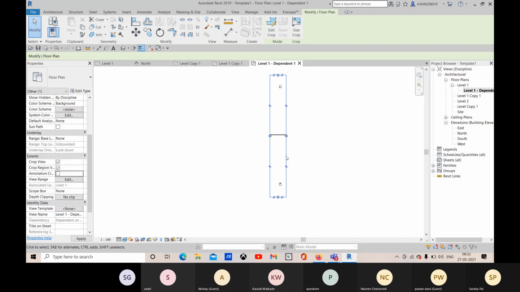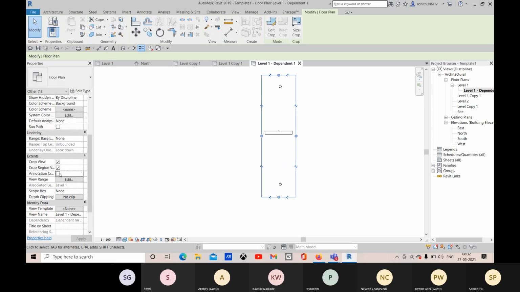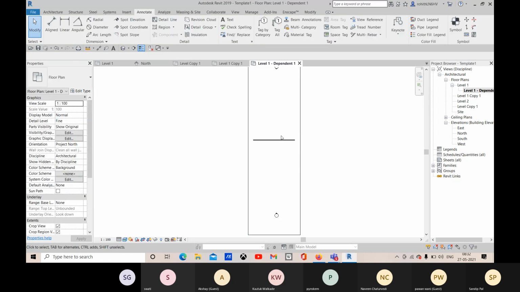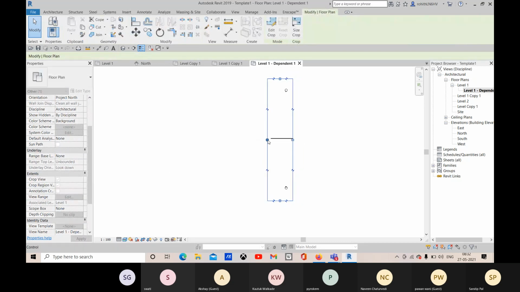If I uncheck this annotation crop, okay, let me add this annotation later. I don't need that annotation crop right now. So this much portion will be visible only, suppose.